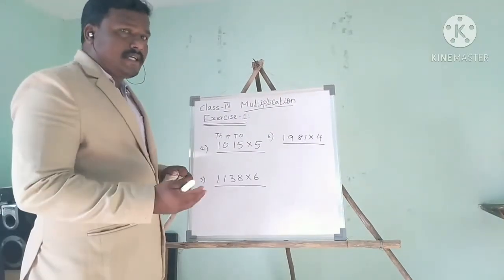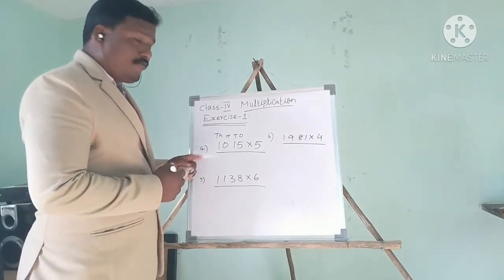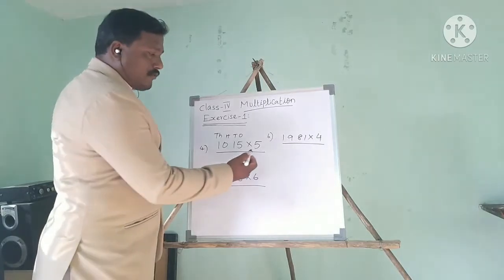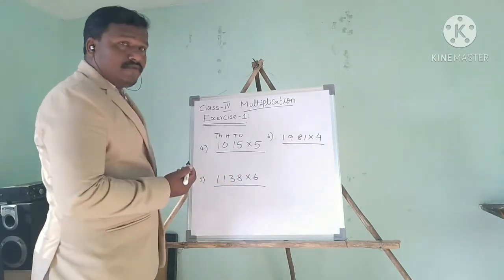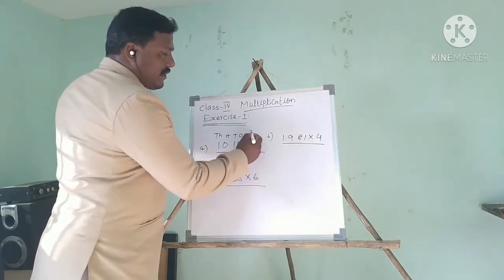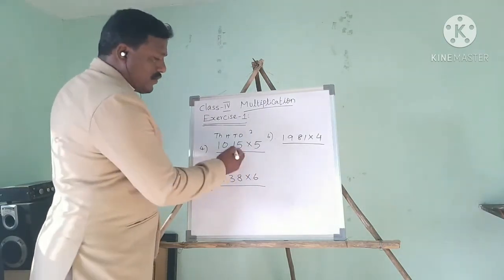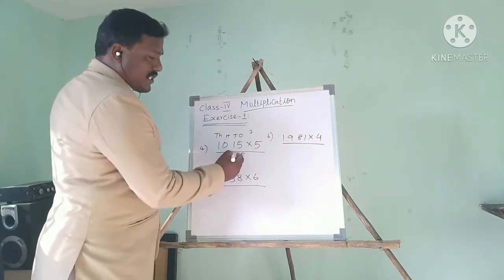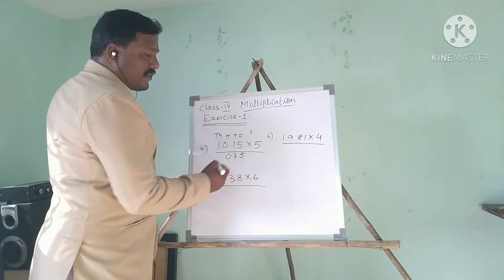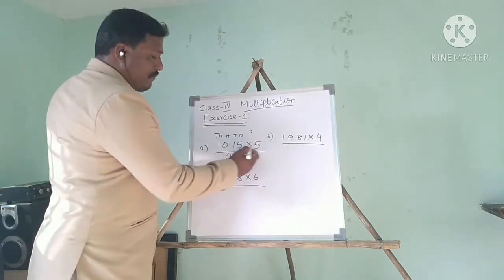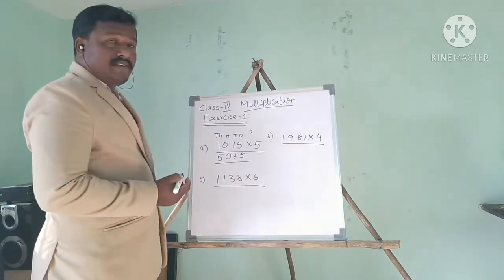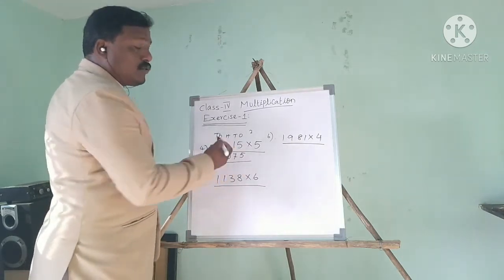Okay, let me see some other exercise sum. Sum 4 we will discuss. So this is a 5 table we want to know. So now I am going to multiply 5 into 5. 5 5s are 25. So 5 I will write here, remainder I will keep 2. So 5 ones are 5. 5 plus 2, 7. 5 5s are 25, 5 into 0, 0. We know very well. So 5 ones are 5. So 5075 is the product of these two numbers.